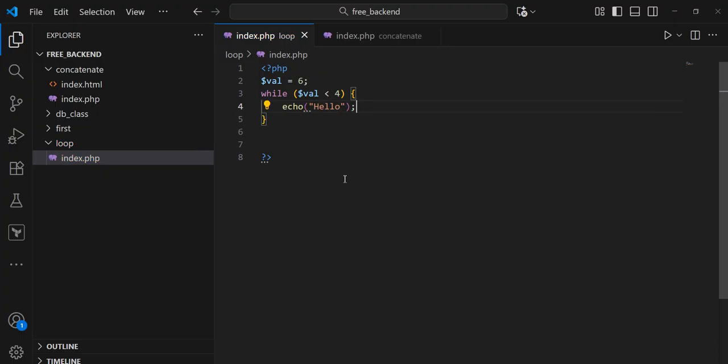So if I run this code, what do you think I'll see? No, it should not echo. Good. It will not echo because 6 is not less than 4. Exactly. Thank you. So because this condition is not true, because this condition is false, it will not do anything inside this place. But if it were to be true,